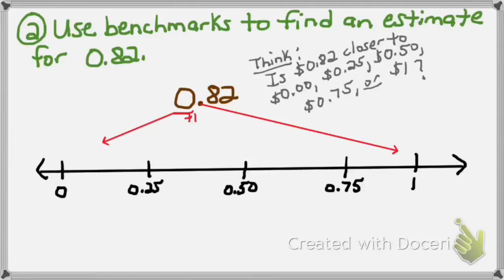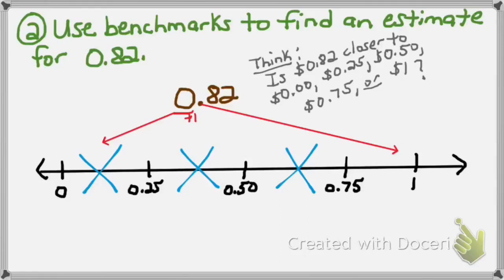Okay, so again, after making your prediction of what $0.82 is closest to, let's go ahead and try our 5-cent benchmarks to prove it to ourselves to see if we're correct. So, $0.82. Is that somewhere between $0 and $0.25? No, because 82 cents is larger than 25 cents. Is it between 25 cents and 50 cents? No, because 82 cents is larger than 50 cents. Is 82 cents between 50 cents and 75 cents? No, because 82 cents is larger than